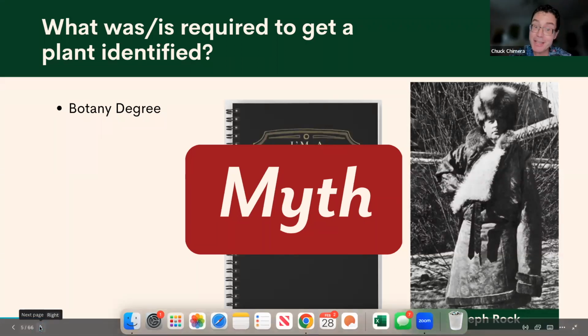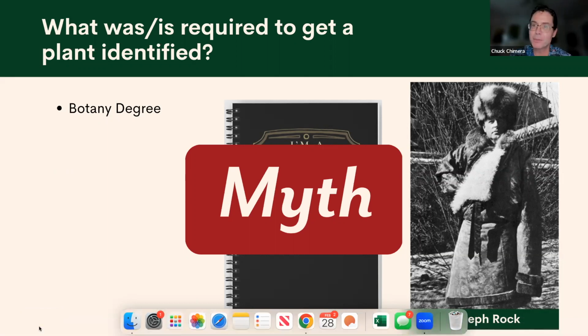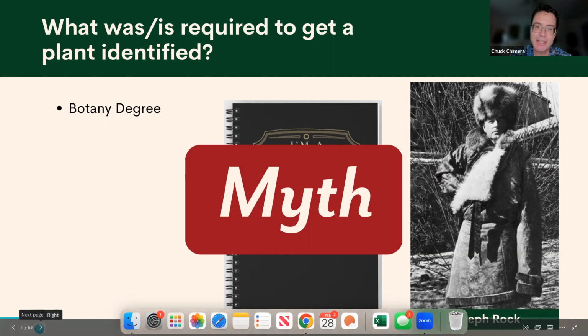But nevertheless, Rock's scholarly achievements in botany alone, not to mention his later anthropological work, would surely merit a PhD, even if he was never formally awarded one. So it is a myth. You don't need a botany degree to identify plants, but I think it does help if you have a really cool hat like we see here.